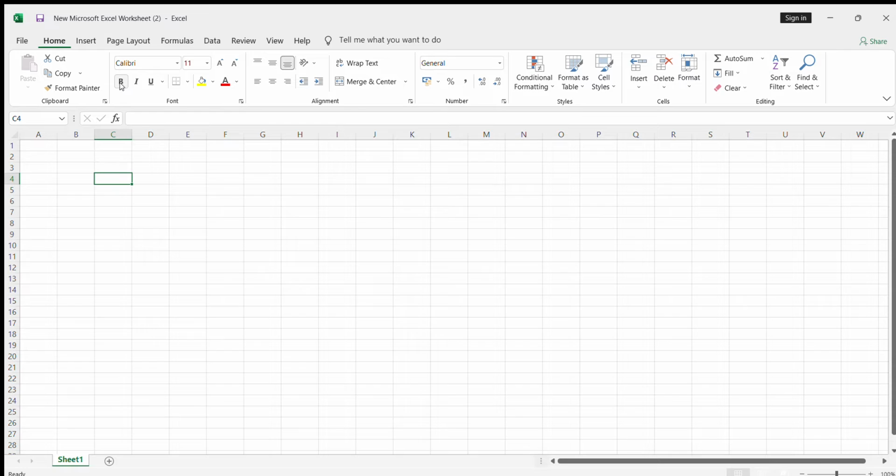And then when you want to do something bold or when you want to do italics, these kind of things are there. So this is called the row part, this is called the column part, and then you have the worksheets where you can do a lot of sheets, sheet 1, sheet 2, sheet 3 separately. So these were